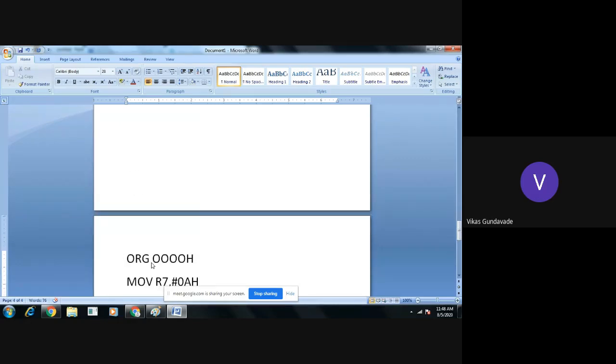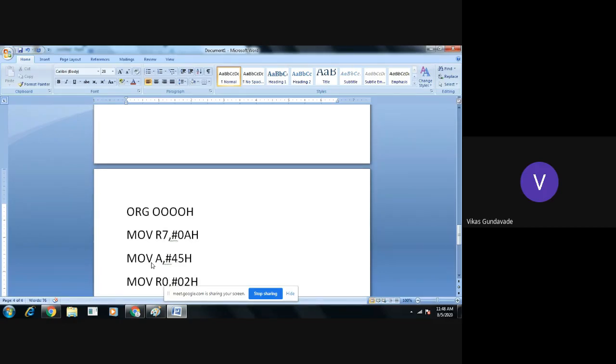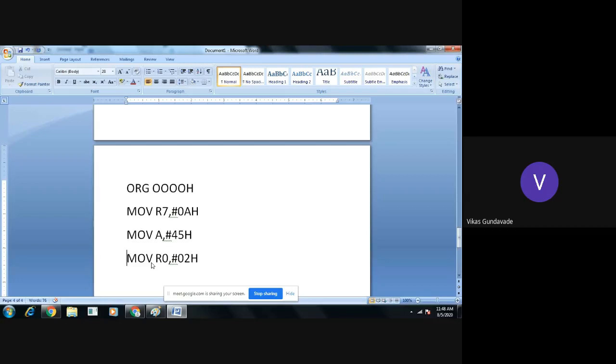Now we will take the example here. We have taken the count 10 into R7, 45 into the accumulator and 02 into R0.